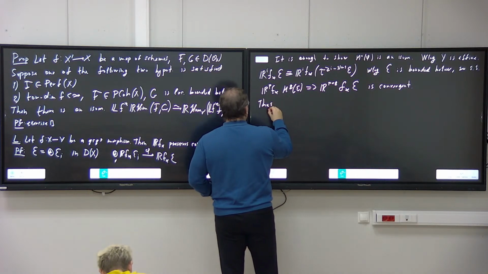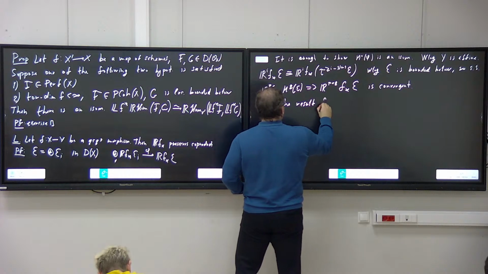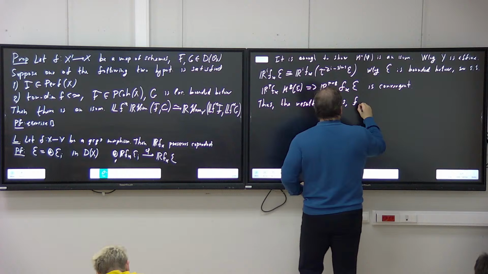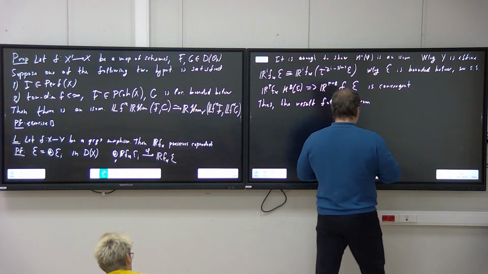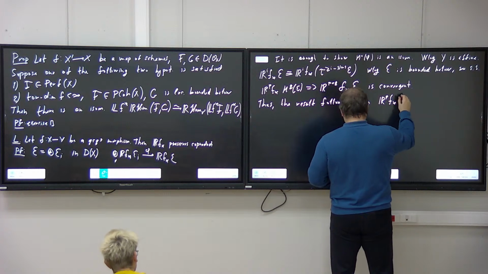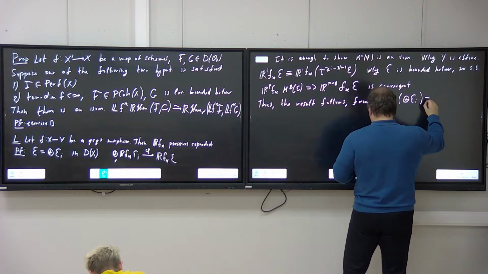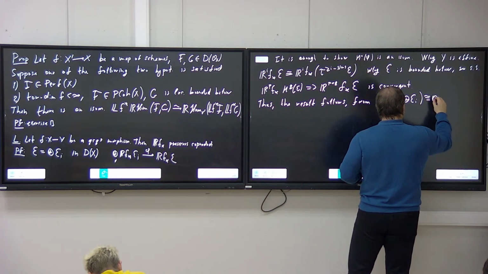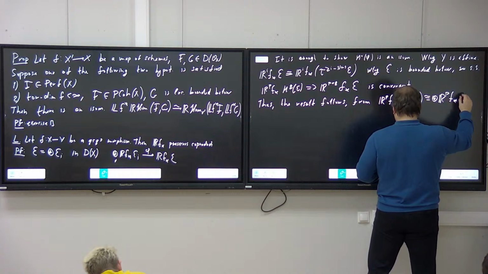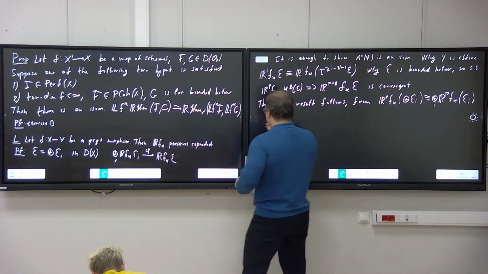Thus, the result follows from the following observation, that if you take, say, R, P, F, lower star and apply this to the direct sum of the EIs, then this is isomorphic to the direct sum of the R, P, F, lower star, EI, where